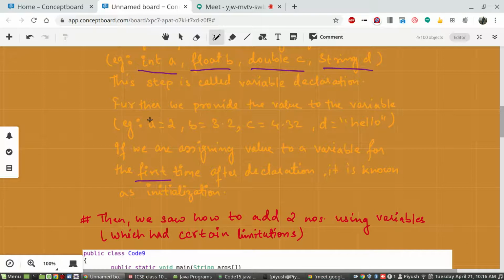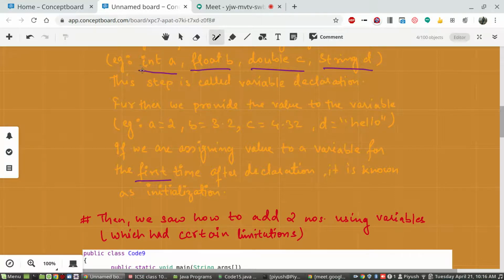That means the computer, from the vast number of boxes or memory locations available in its RAM, will search for a location having this label or tag a, and once it finds that location identified by a, it is going to put this value 2, which is of integer type, inside it. So the type of value that you are specifying is known as the data type.